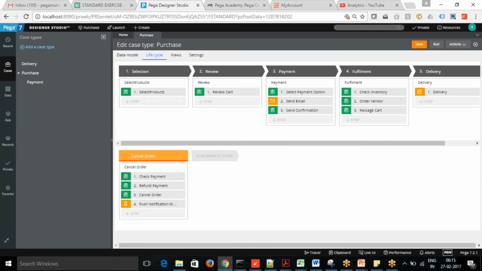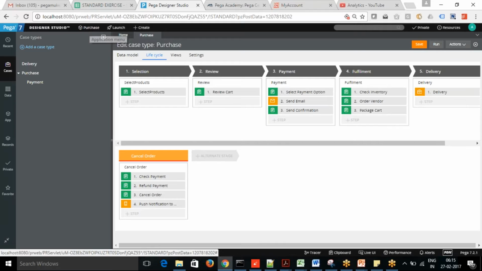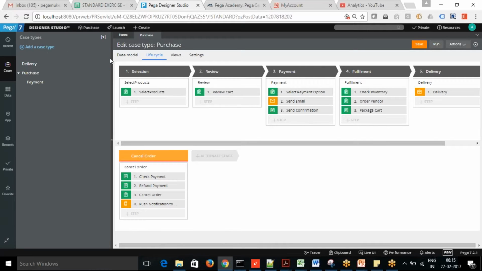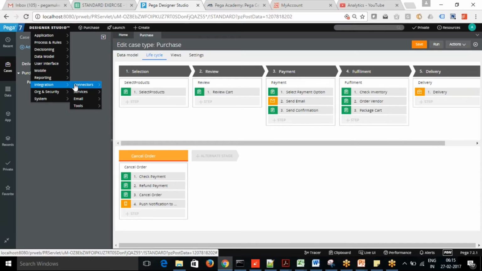So first thing, whenever your case is there and any communication is required, for that specifically you need to enable the email part of it. So you need to go to the Designer Studio integration, and you can see the email.